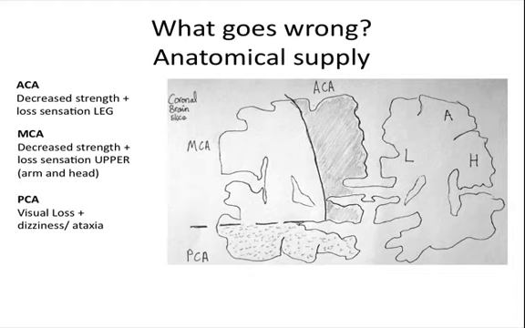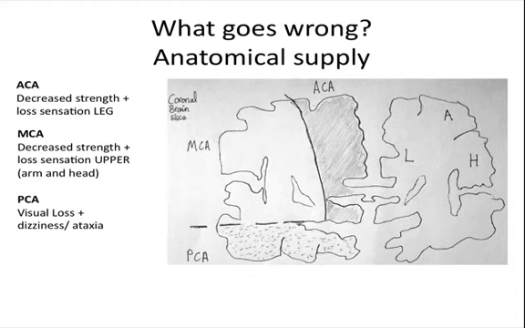Well, we know from the homunculus that that represents the portion of the brain, if we have a coronal slice, that is closest to the central sulcus, and we know that the supply to the area of the brain that involves the central sulcus is the anterior cerebral artery. So therefore, if someone has decreased strength and loss of sensation in their leg, then that's as a result of a blockage or problem in